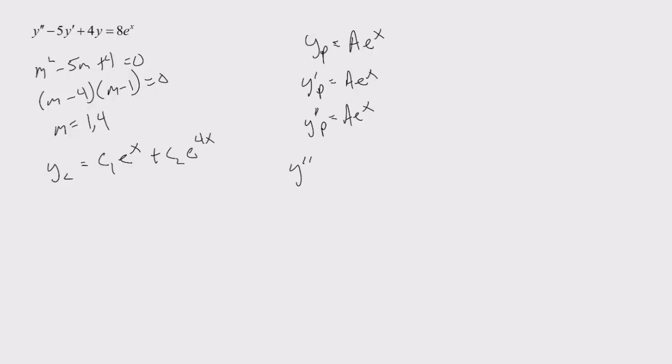So I'm taking y double prime minus 5y prime plus 4y. So I'm plugging in what we've discovered for that particular format. So that's a e to the x minus 5a e to the x plus 4a e to the x,